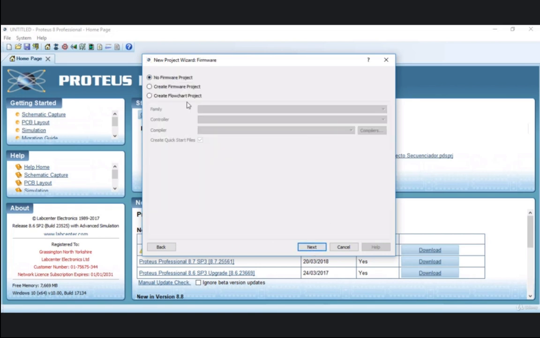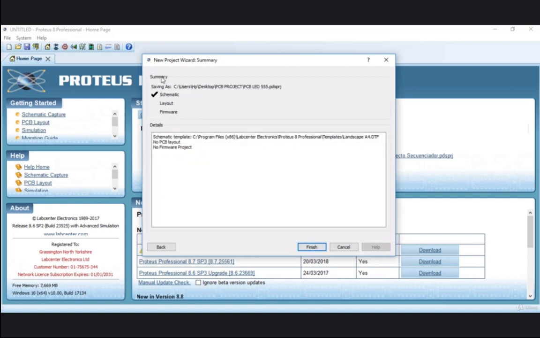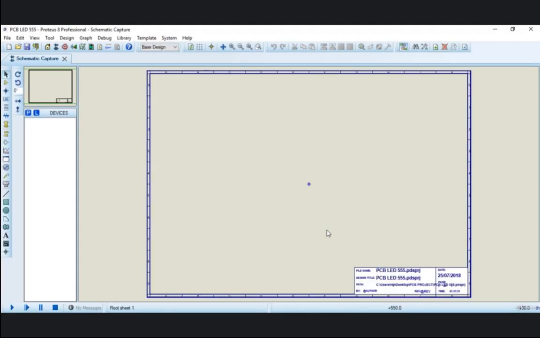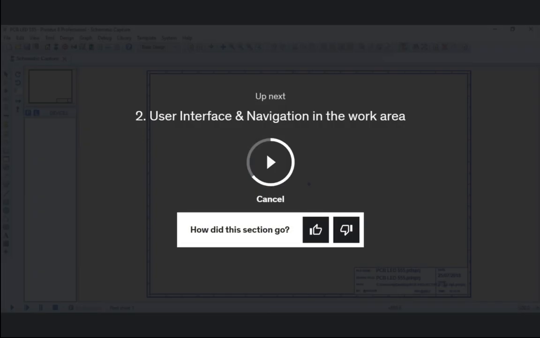Click next. We will not be using any Arduino projects. For the summary, we have schematic only. And then it shows the work area, the schematic capture.